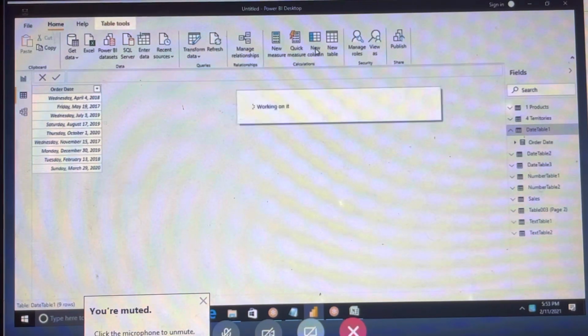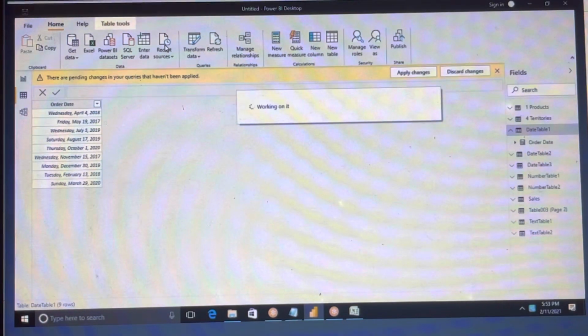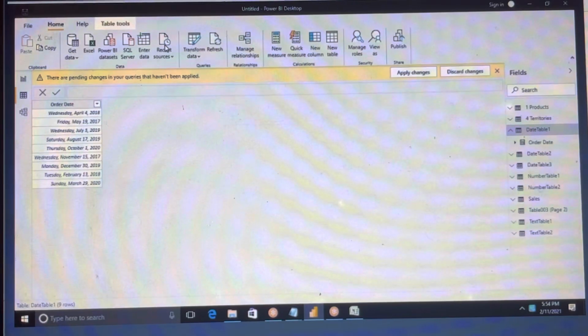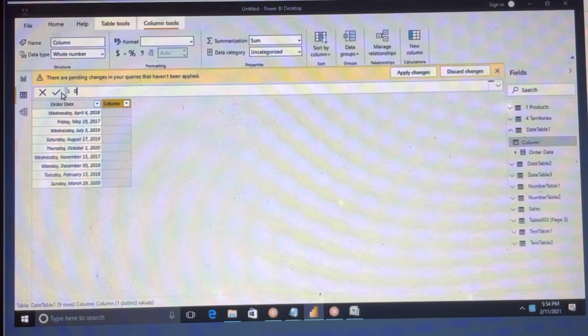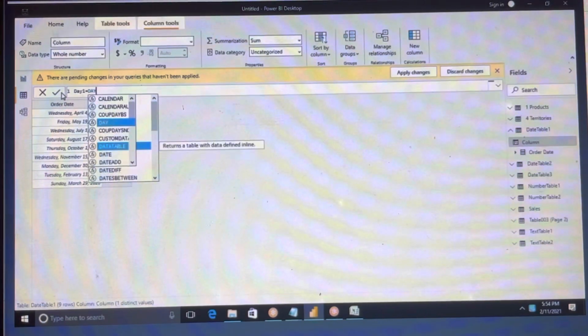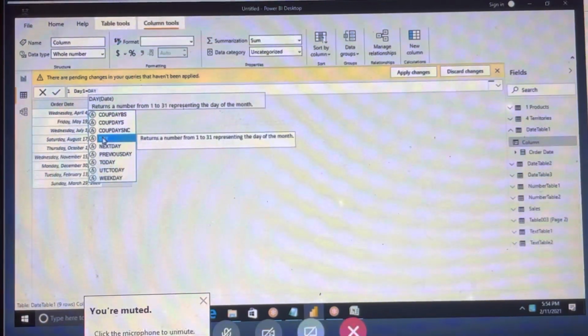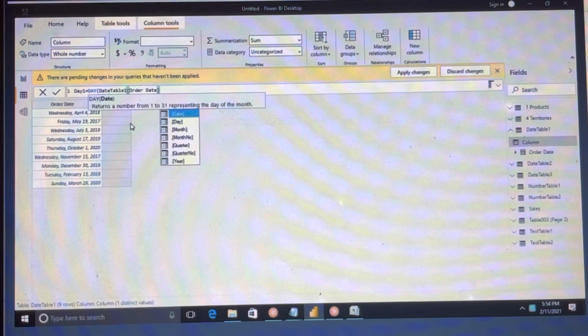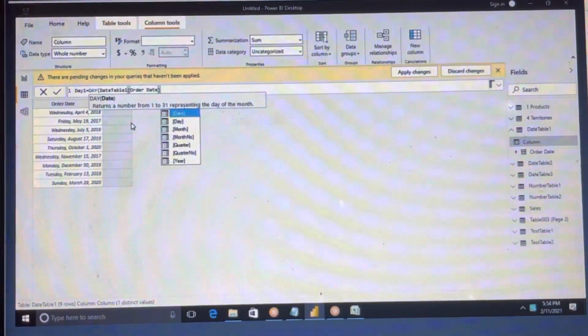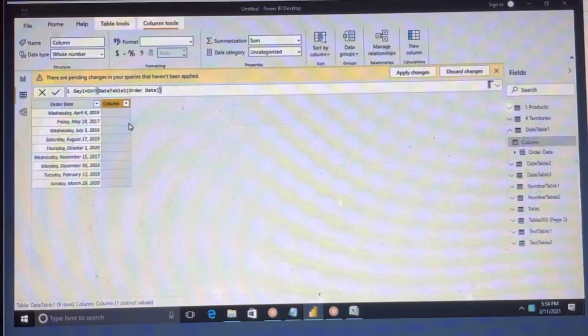I wanted to get the day of this date, what is the day, the month and the year. For example, the column name is day 1. There is a day function we have. Day of what? My date is order date. You can select it from table 1. That's it, enter.